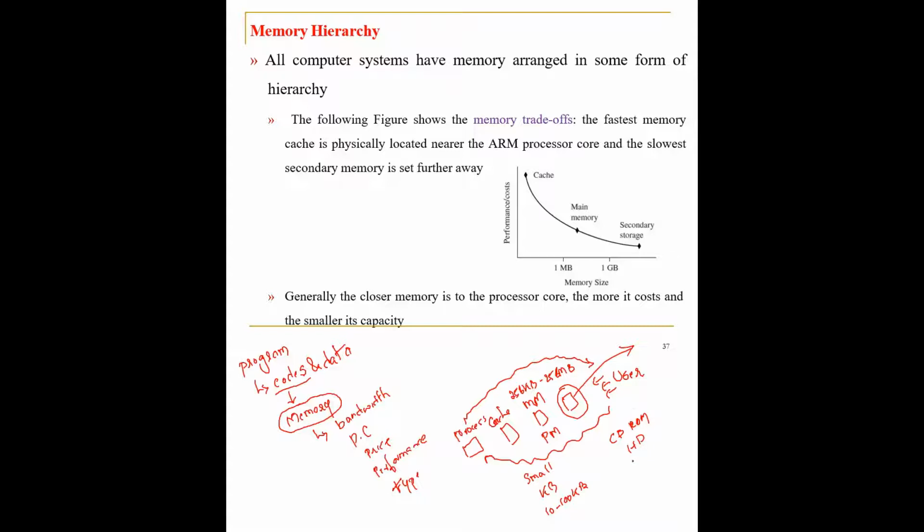But these memories are the largest and the cheapest. That is what is given here. You can see here, very close to the processor, there is a graph plotted with performance and cost versus memory size. Cache is one of the smallest memories, but its performance and cost are comparatively very high. Second comes the main memory. The size of this main memory is comparatively bigger, but the performance and the cost are somewhat less than that of the cache memory. Finally comes the secondary memory, the largest one, but its performance and cost are comparatively small and its size is bigger.